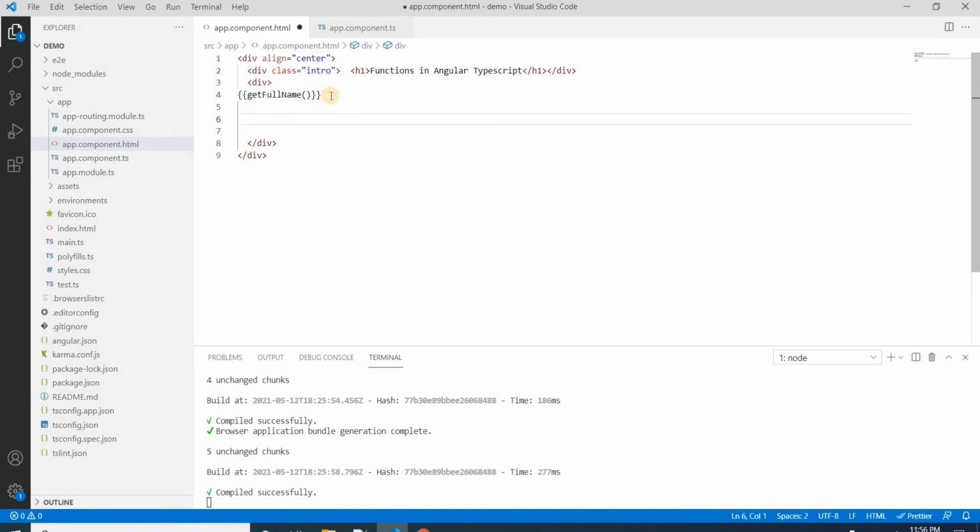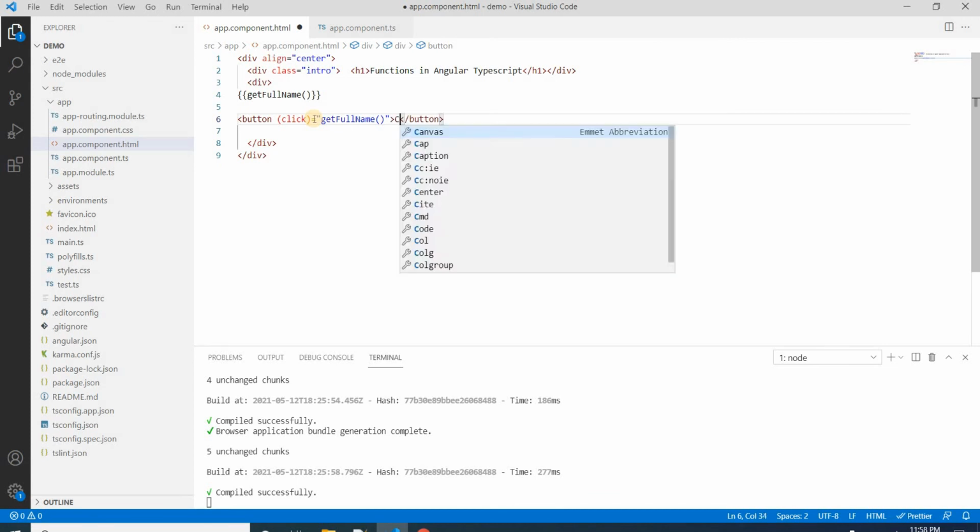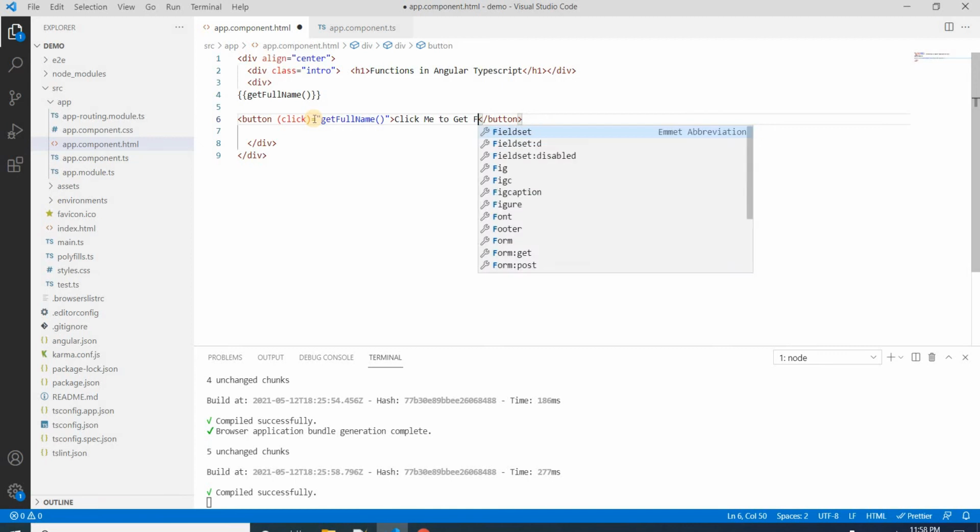Now let's say I have a button and it has a click event. To attach a click event to the button, the syntax is to write click inside the round brackets, then equal to, and here let's say getFullName. Then the button text, let's say, click me.